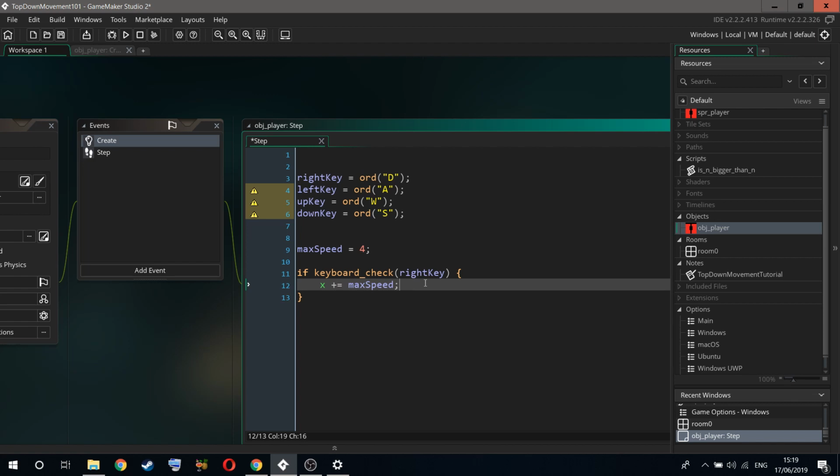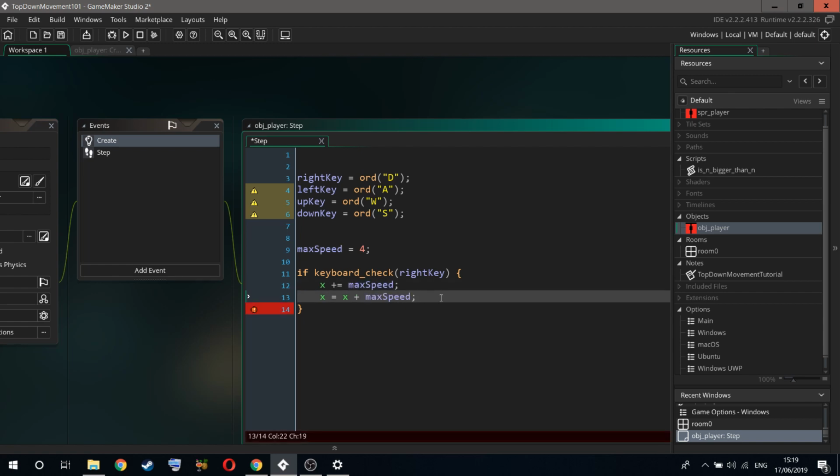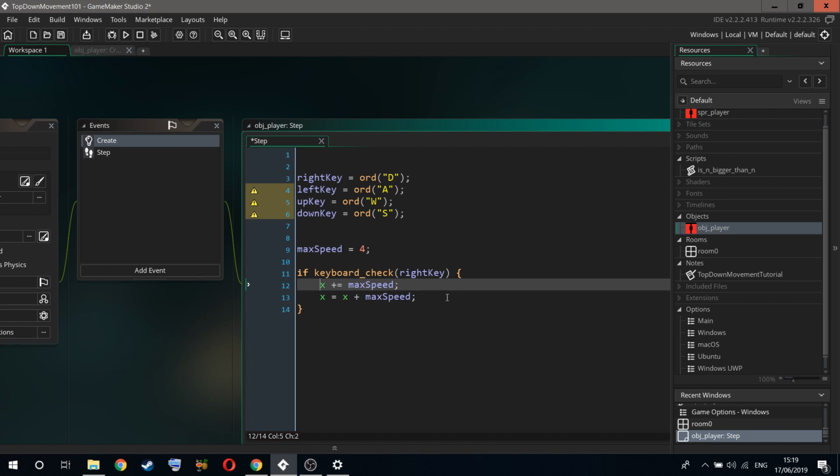Basically, it's the same as doing x equals x plus max speed. That's what this means. This and this mean the same thing. If you're confused about it, just forget about the first one. It took me a while to grasp this properly. It always confused me and I always mixed up between the equal and the plus. So basically we're saying x now equals to,